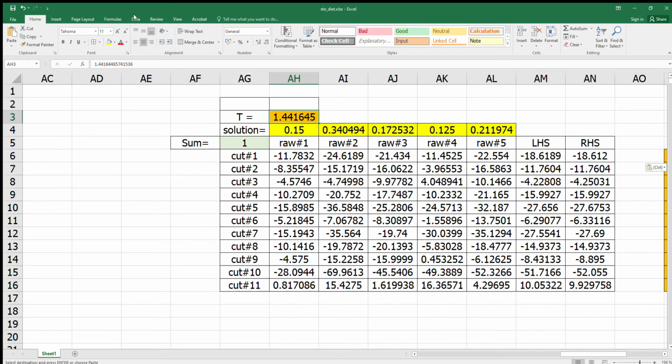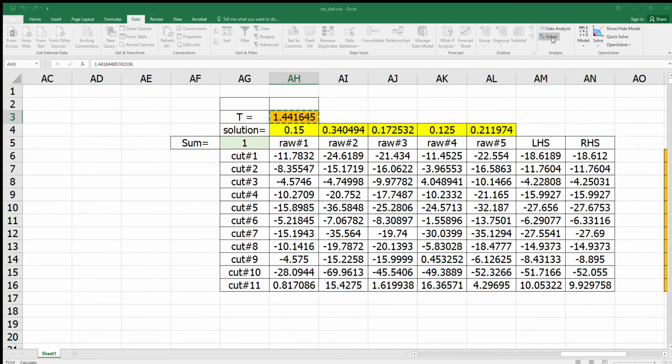First of all, I need to go back and then go to the solver again. With the solver routine, you need to rearrange this by deleting the previous constraint here, and then we add an additional one, so it becomes 11 constraints here. Left hand side is greater than or equal to the right hand side down here. But I want you to observe that to find the new x by solving this problem,